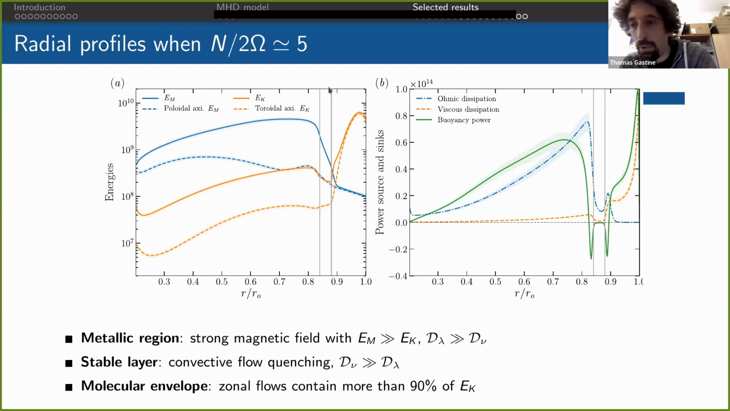Now, if you look at the power sources and sinks, which is shown on the right, the buoyancy power versus radius is shown in green. So it's positive in the convective parts, and it's getting negative at the edges of the stable stratification part, and it's getting very close to zero in the very center of the stable stratified layer because you have almost no